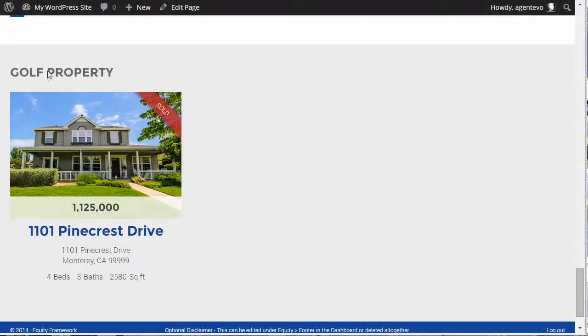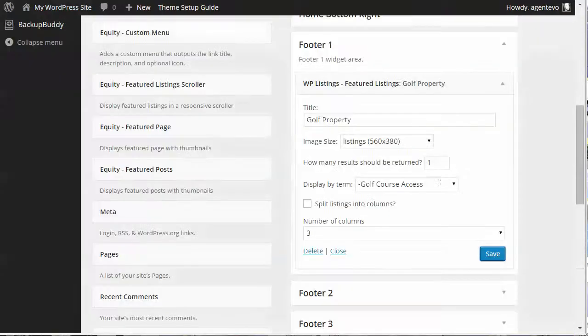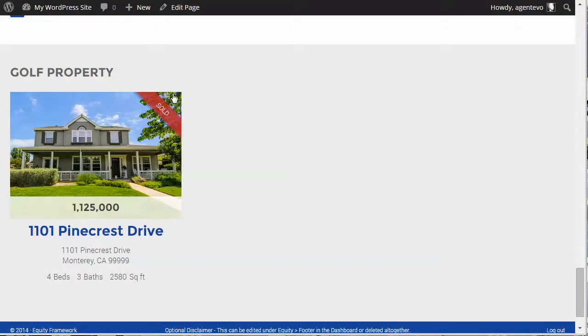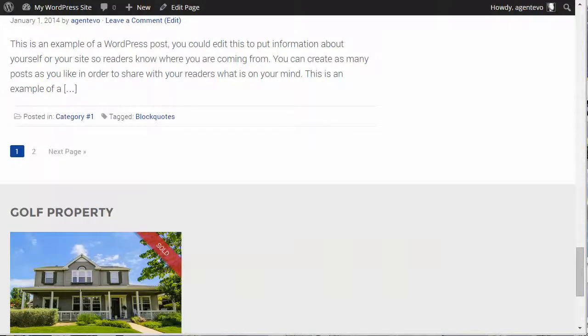There we go. So you can set up different taxonomies and different tags that you can use for WP listings where you can display them by different taxonomies here, like I did with the golf properties. Okay, so now